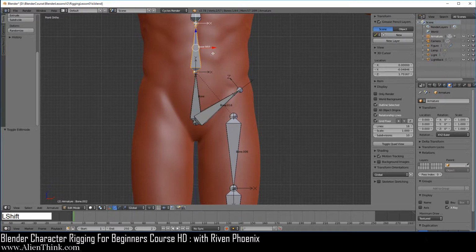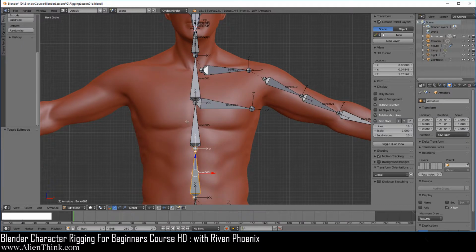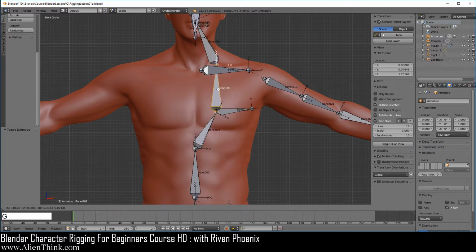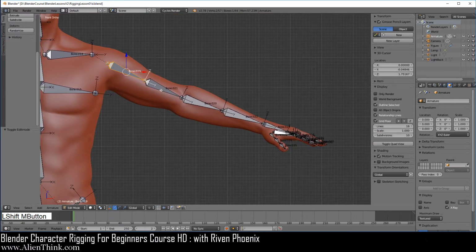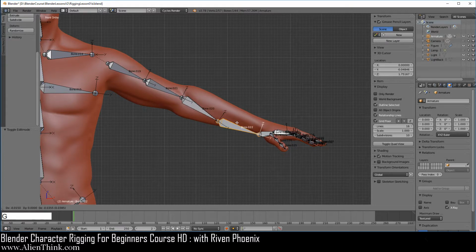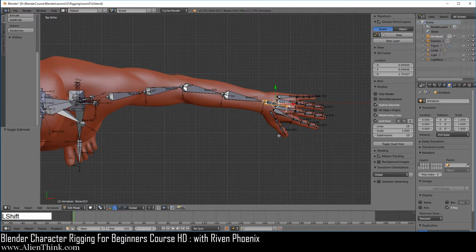Over here, click on this one, press the G key, and this is all correct. And over here, this is correct. So here I'm just quickly testing to make sure that all the connections are working. Now press the 7 key over here.